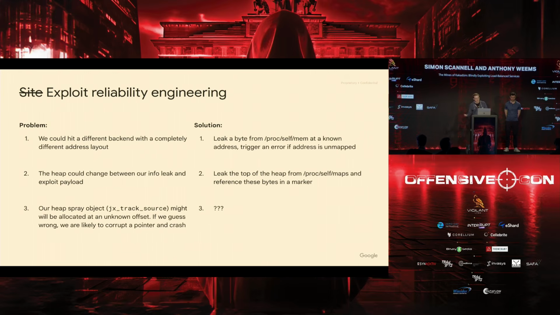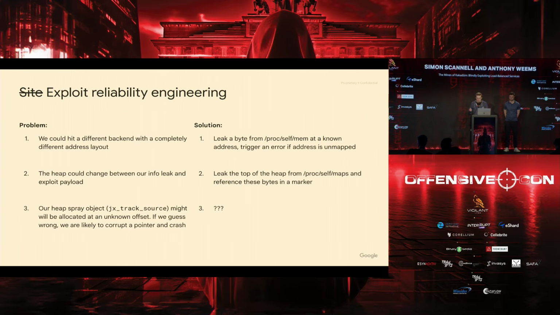So at this point, we got into what we called exploit reliability engineering. We're testing in prod, and we would really like to not take down production services, even though they're resilient and you could probably kill half of them and it would still work, but we'd still like to not do that. So there were a few problems we identified that we would have to overcome to increase our reliability.